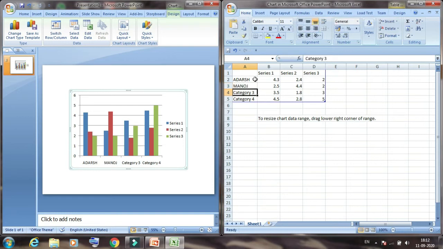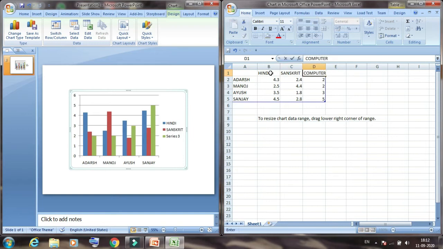When we edit the name, the chart automatically changes. Then category 3, Ayush, and the fourth one is Sanjay. So I have 4 students, and then we will write the subject names. Here in series 1 first we will write Hindi, Sanskrit and Computer. These are the subject names.